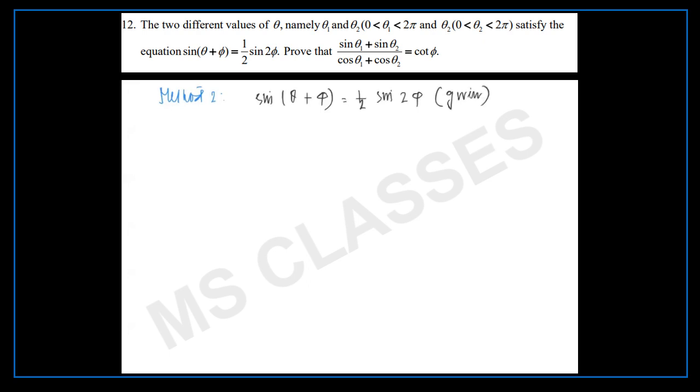Since the sine of any angle will always lie between minus 1 and 1, if we multiply by a half, the whole thing will lie from minus half up to half. This can be represented by another sine angle, as I can say that this is equal to some sine b, because it's from minus half to half. Sine can give the value from minus half to half.